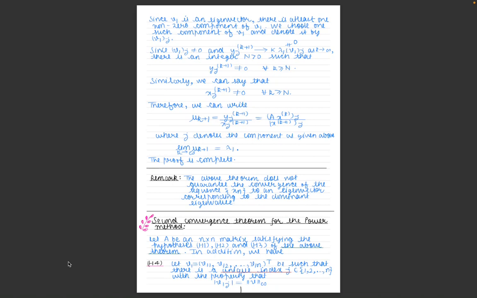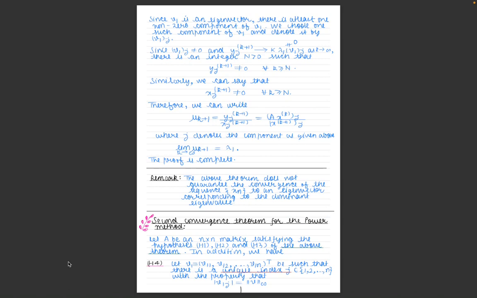Similarly, using all this that we have done for y_j^{k+1}, we can say that x_j^{k+1} is actually non-zero for all k greater than or equal to N. So therefore, we can write mu_{k+1} as y_j^{k+1} upon x_j^{k+1},